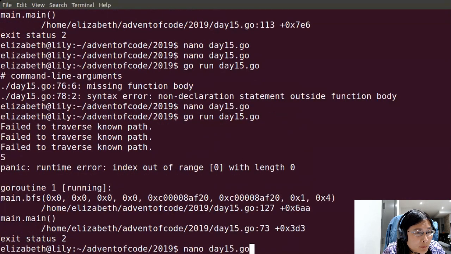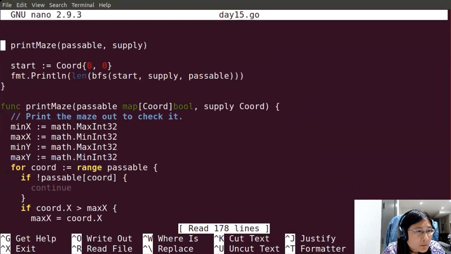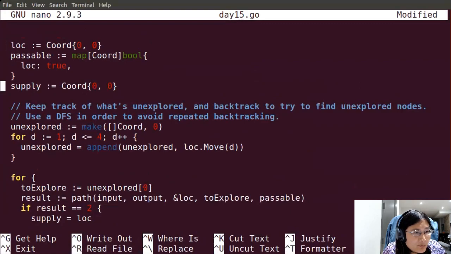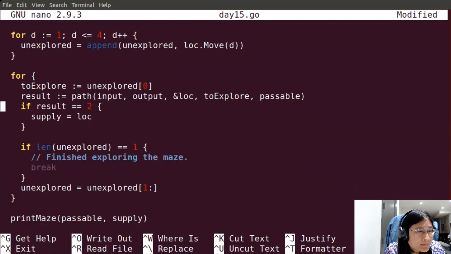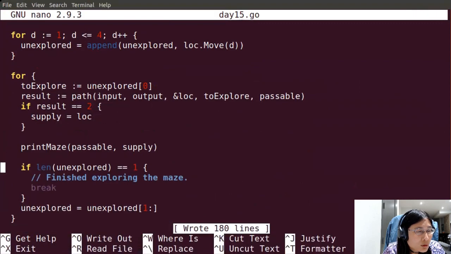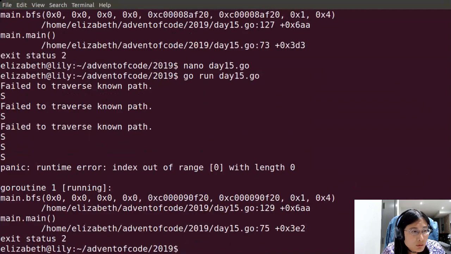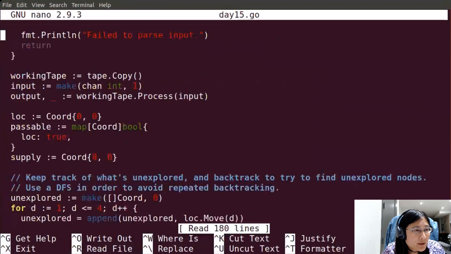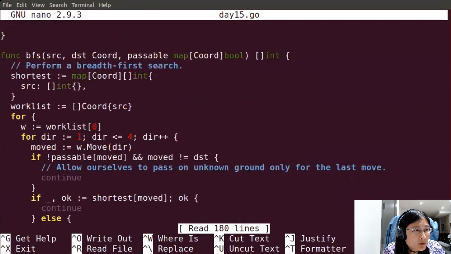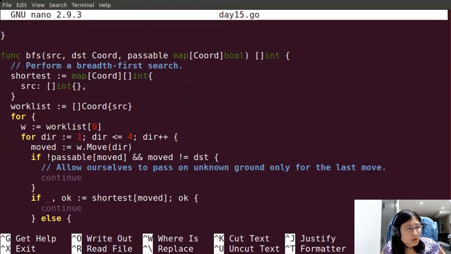All right. So let's see this. Why is it failing to traverse a known path? Oh. Okay.